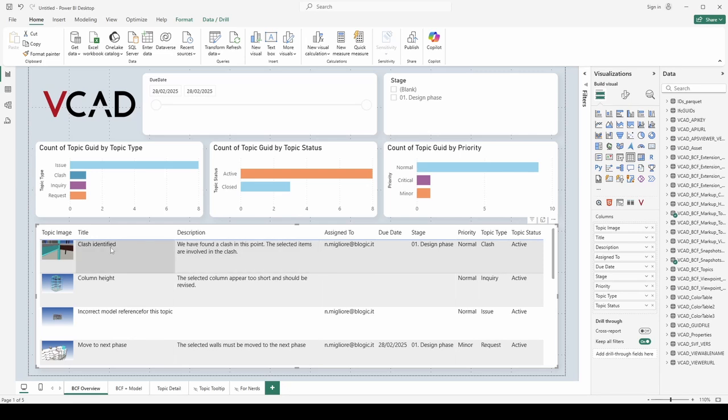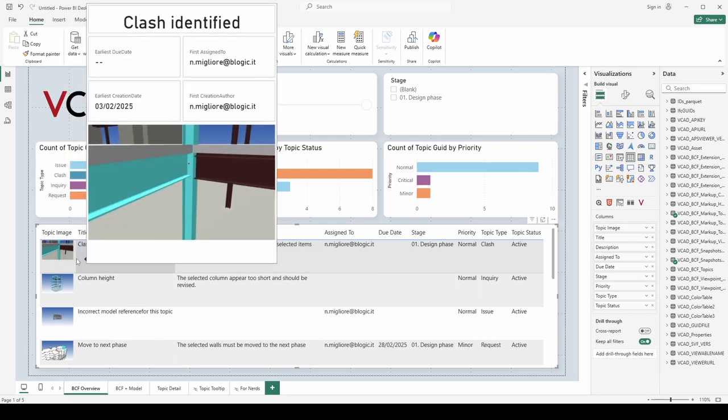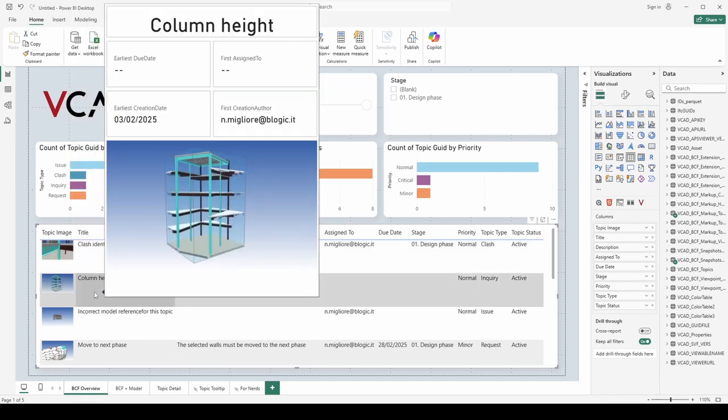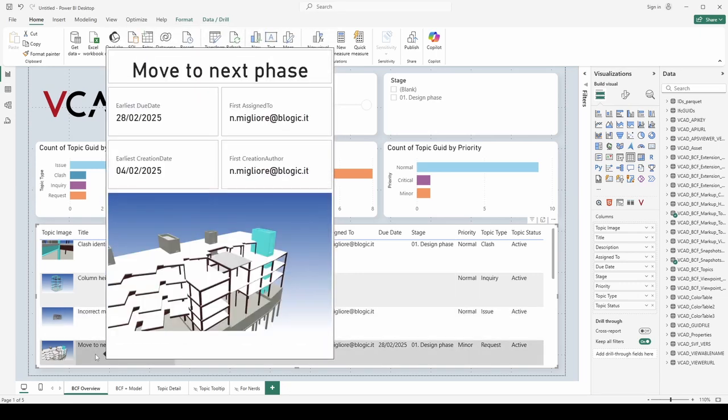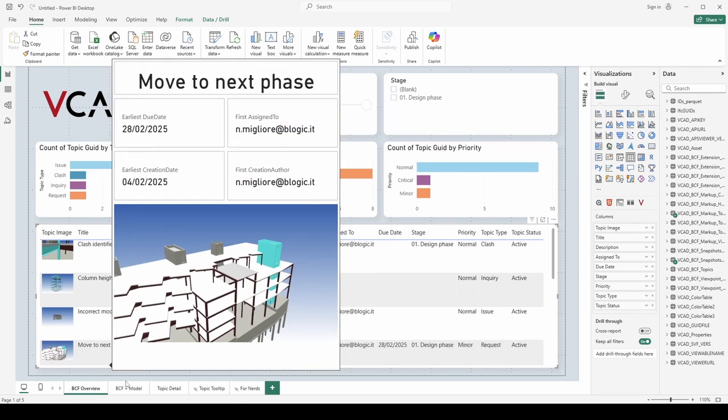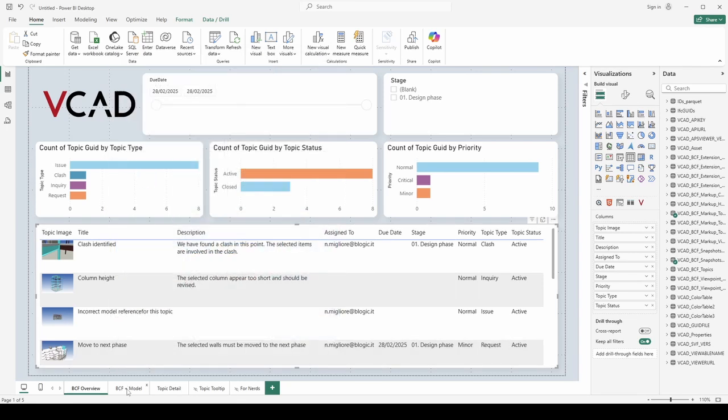And then if I hover over a topic, I can see a card in a dynamic tooltip showing me a bit more information of the topic itself, and importantly allowing me to view that image at a greater scale. So here I can see already I have all my topic information available, and I can review quickly the status of the project. If I want more information, we're going to go ahead and navigate to the second report tab,